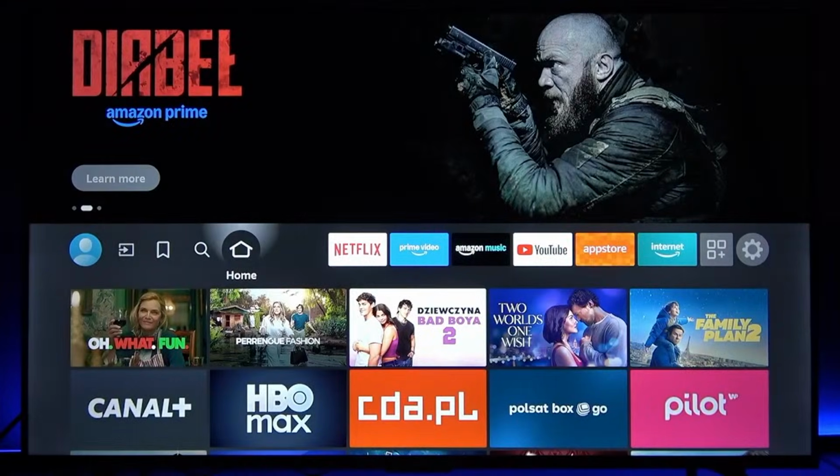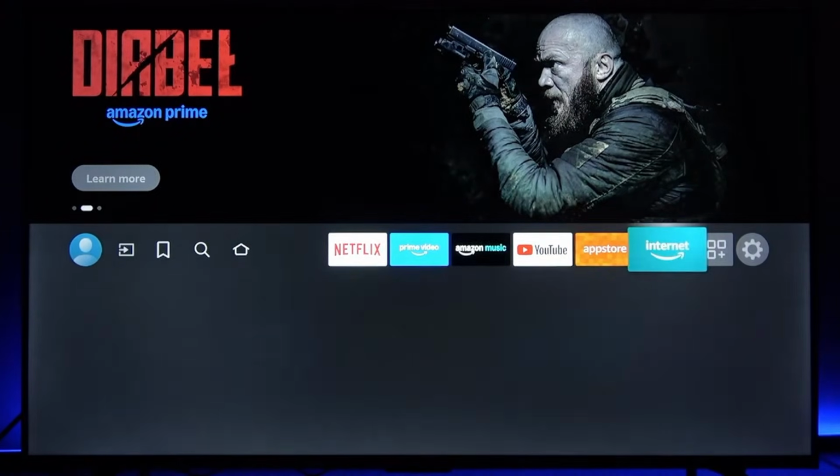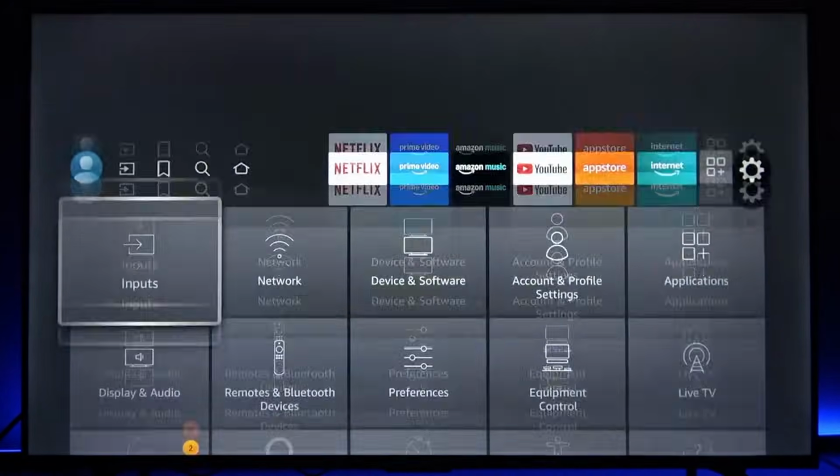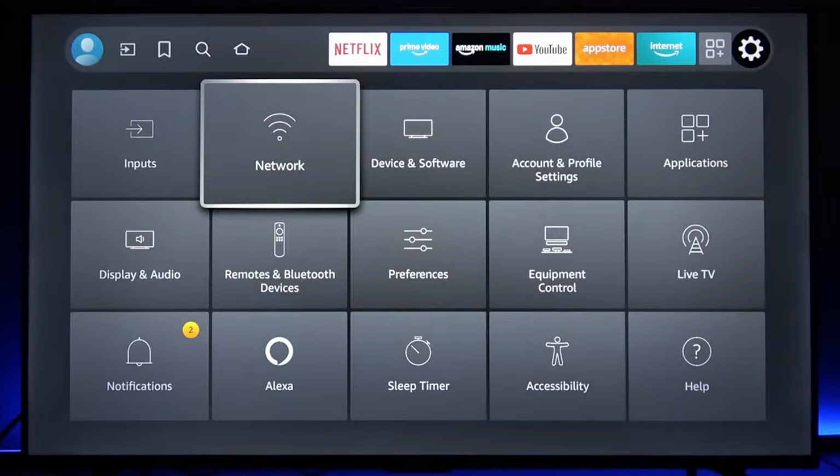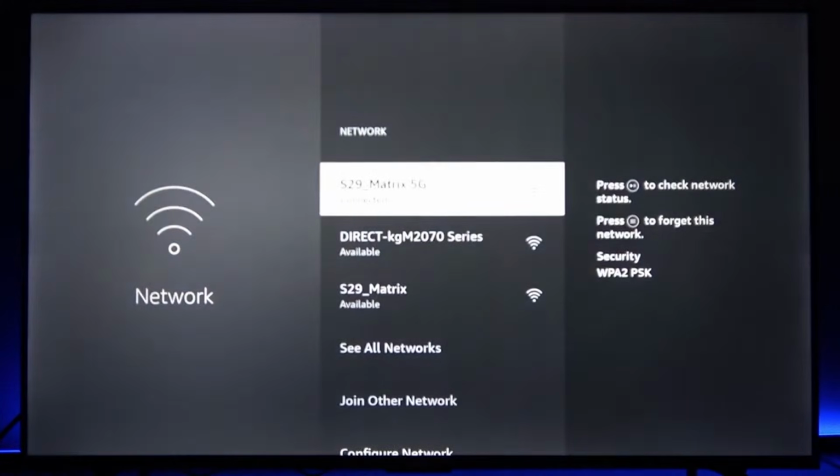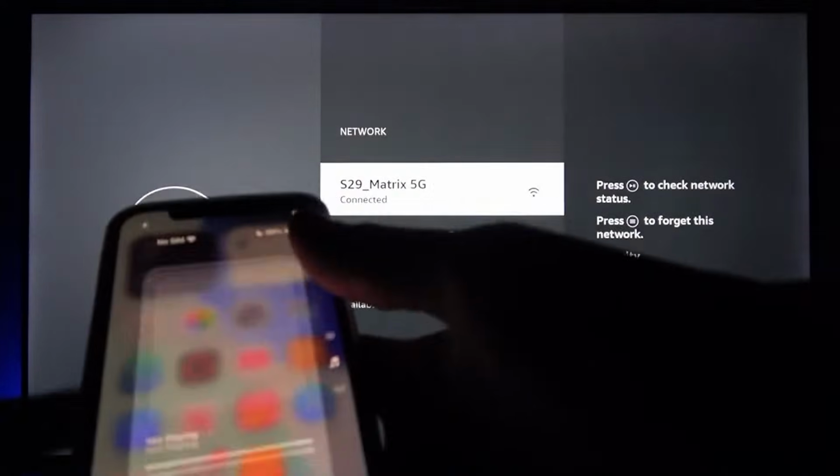So to do this, first navigate to settings menu on your TV and then select network to check which network your TV is connected to, and make sure that your iPhone or any other iOS device that you're using is connected to the same Wi-Fi network. So just swipe down the control center on your iPhone, for example,